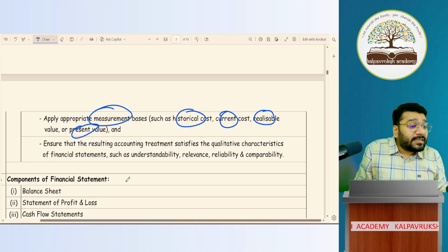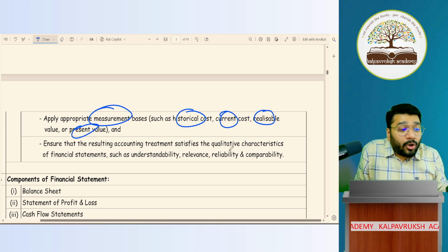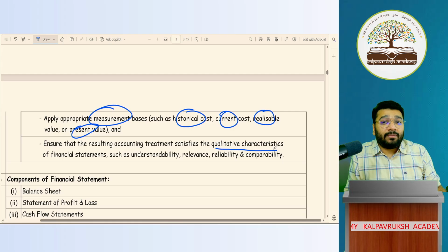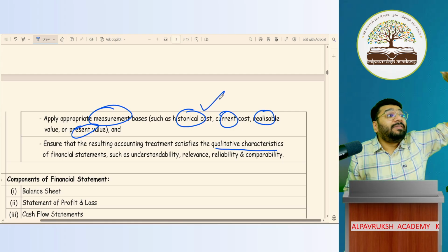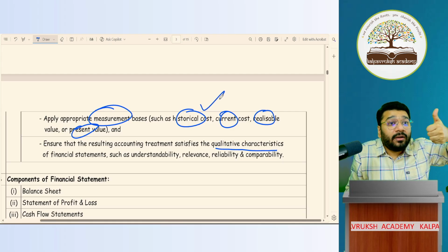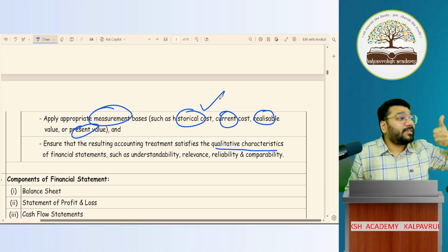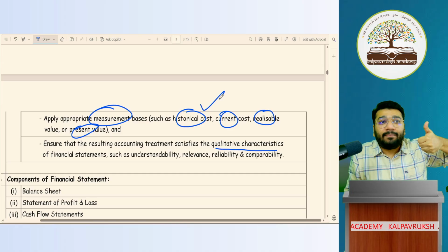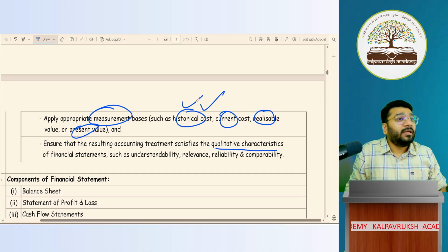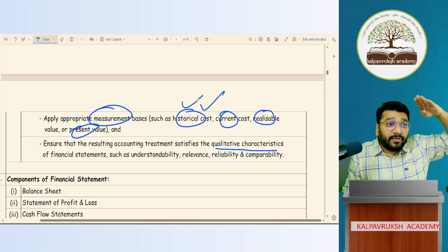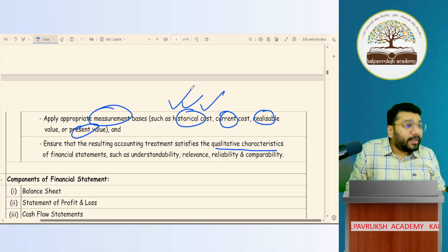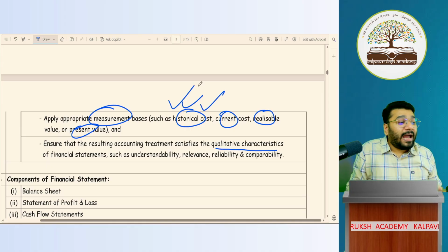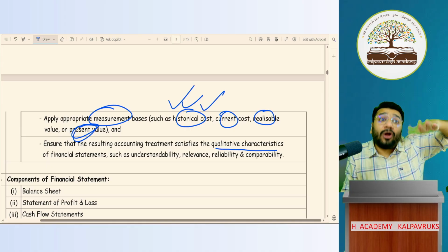ensure that it is not compromising the qualitative characteristics of the financial statement. You have to choose that method which will uphold the qualitative characteristics of the financial statement. If I show, for example, cryptocurrencies at historical cost, and the quality is maintained, then I should show at historical cost. But if you say, no, I'll show at present value, then it may not be